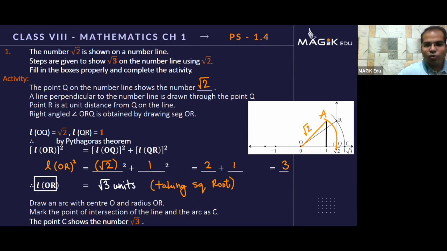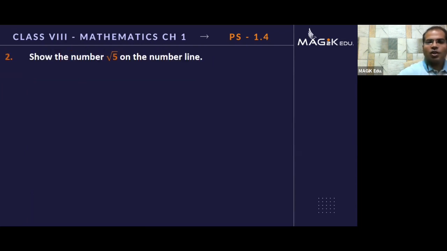तो अगर OR is going to represent √3 units, so if I just use my compass keeping it at O, my pencil keeping it on R, I got the measurement of √3 and I just have to cut an arc on the number line from OR towards the number line and I get point C. Point C is now going to show √3 on the number line. Very simple. If there is a confusion, वीडियो को पॉज करें, पीछे लें और फिर से देख लें।